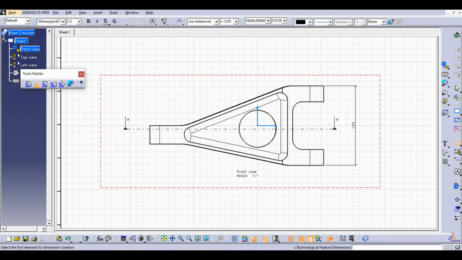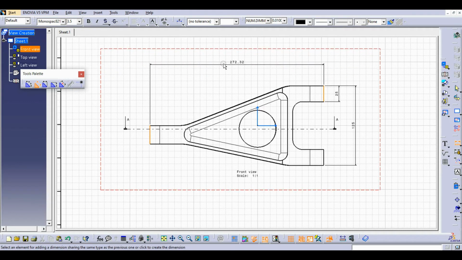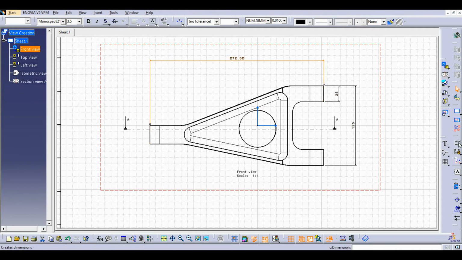Click again, click where you want to dimension from, to, and then where you want to move the dimension to. So that is your basic dimension. If you go this way, then we will be able to do it that way. And now we can